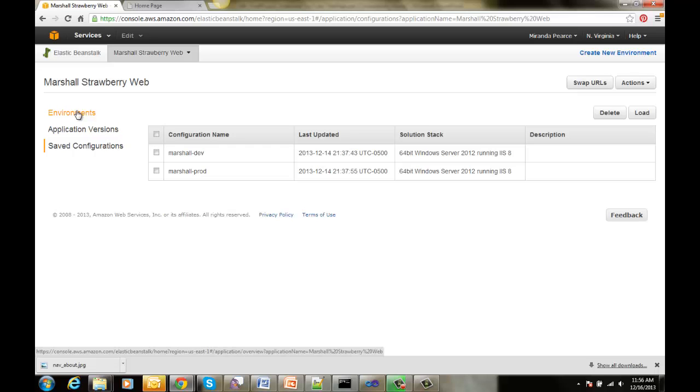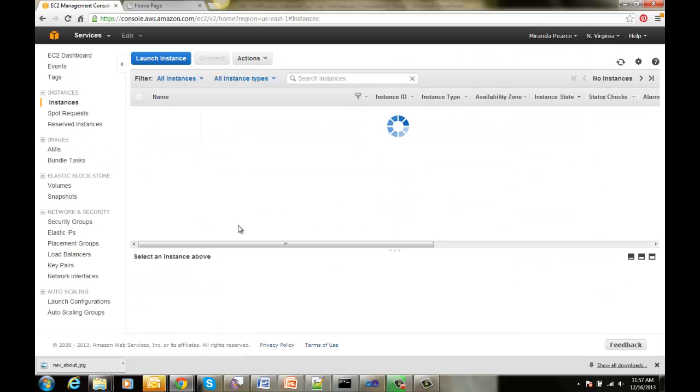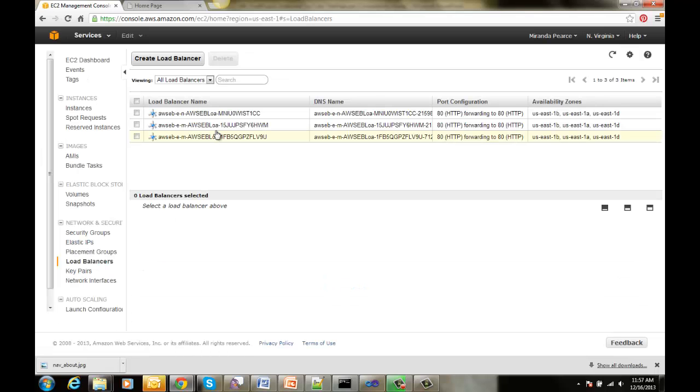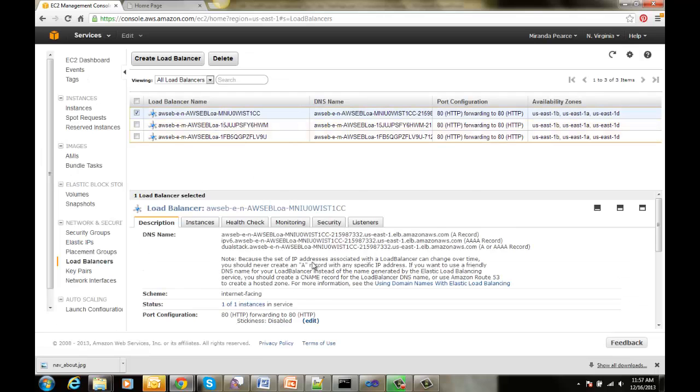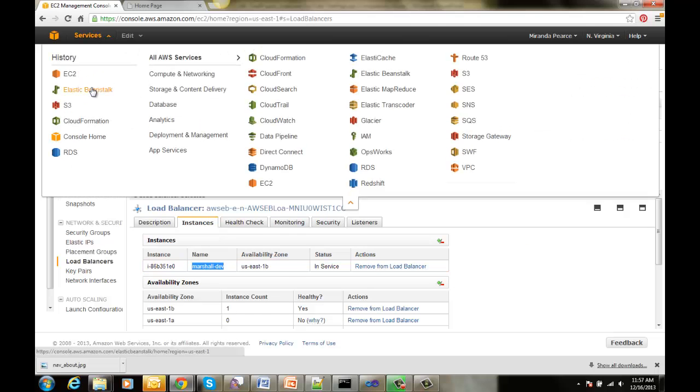So I mentioned that all of these applications are provisioning other Amazon services. So if we take a look at the environments, those are a bunch of EC2s and load balancers. So if I go into my instances, EC2 instances, here they are. Each one has a load balancer with a minimum of 1. So they each have 1 because they have basically no traffic right now. I can go into load balancer, and here I see 3 load balancers. And if I click on one and look at the instances, here's my load balancer for Marshall Dev. In addition,